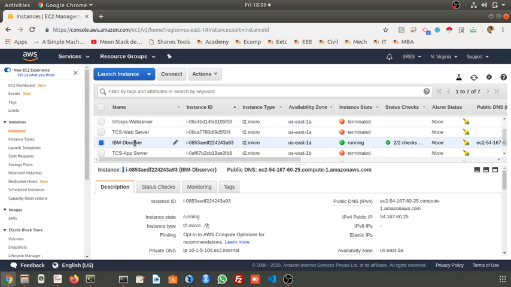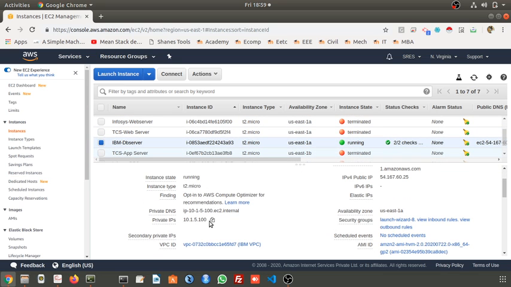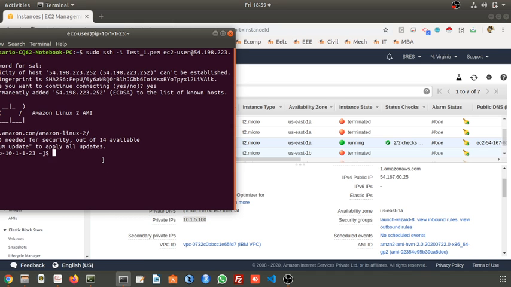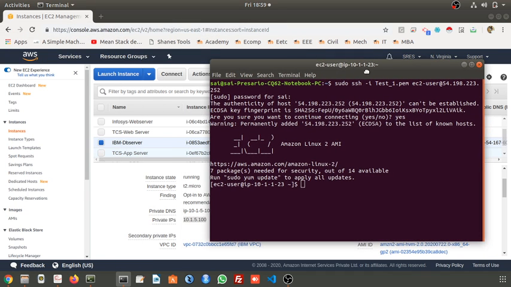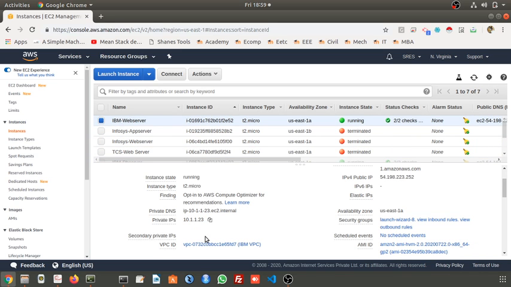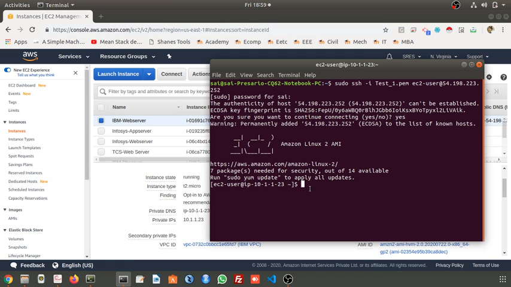This is the database server. The private IP address is this one. Now we are in the web server. You can see here 10.1.1.23. Now ping this.